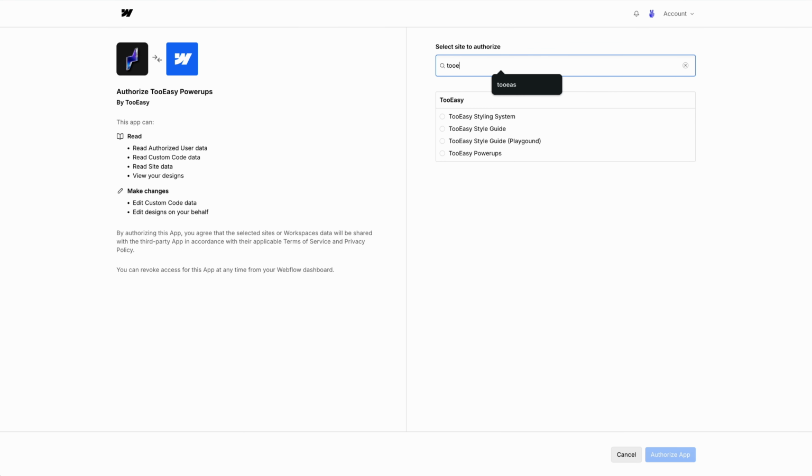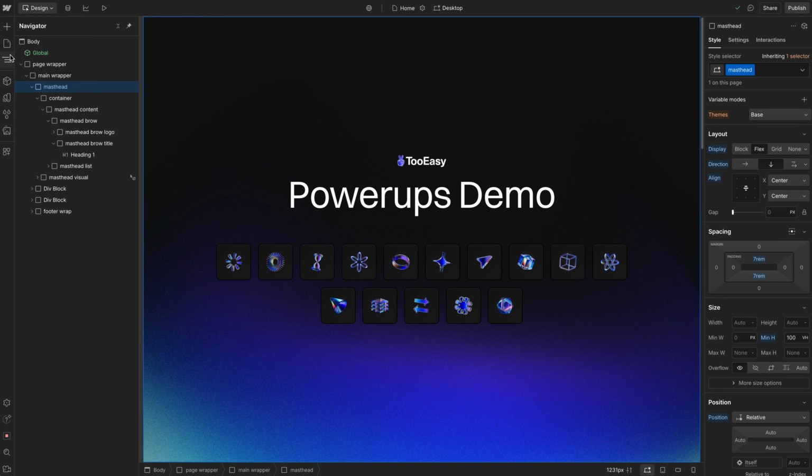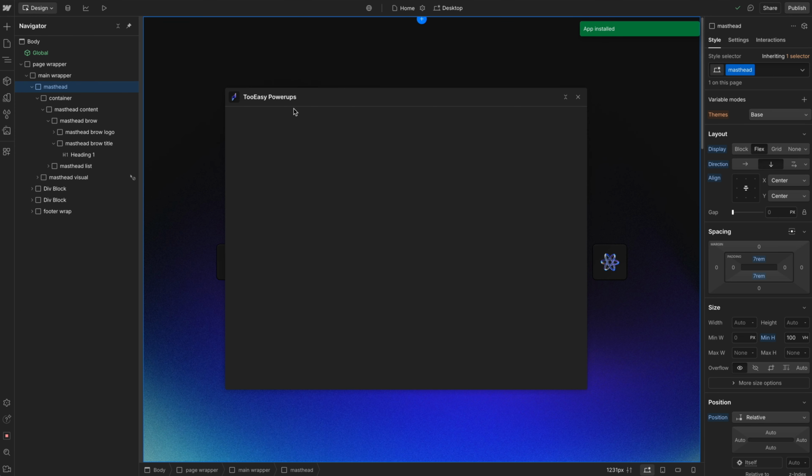And then that's going to ask me to authorize the app. So I've created a project called TooEasy Powerups for this demonstration. I'm going to click on the authorize app button and load that project in the Webflow Designer. Perfect. We can see there's a notification saying app installed, and we're going to hit the launch button to open